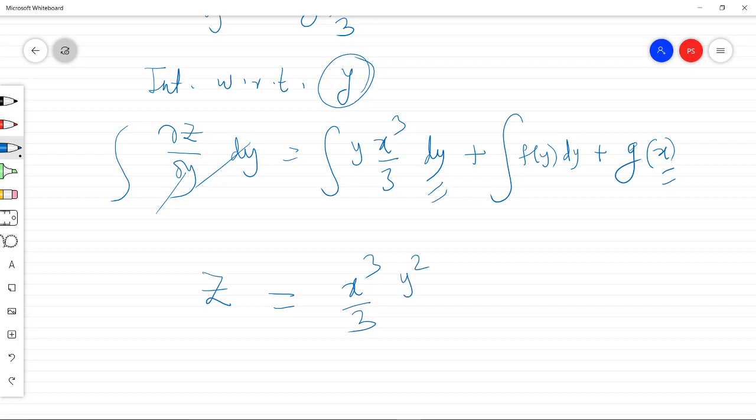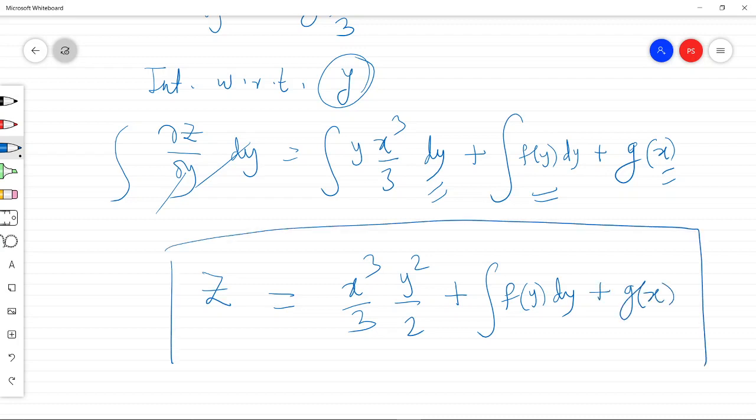Integration of y is y squared by 2, plus, we do not know the form of f of y, so just keep it as it is, plus g of x. Now this is the expected solution or the general solution